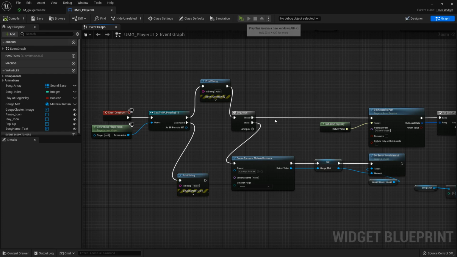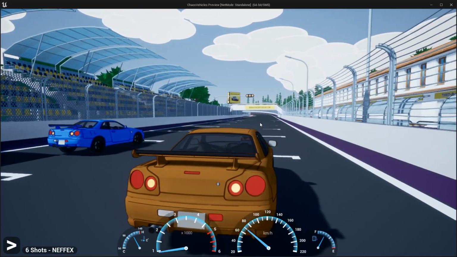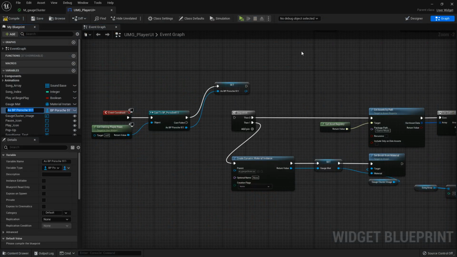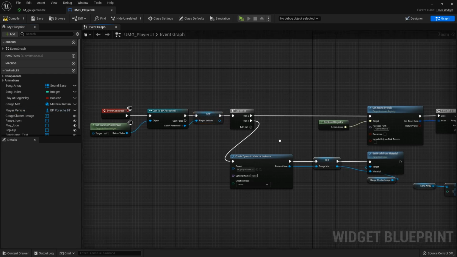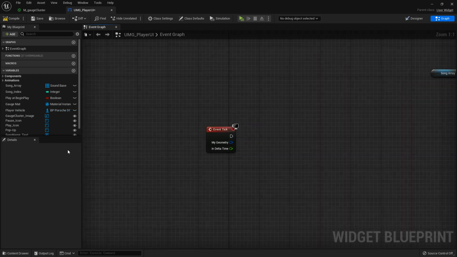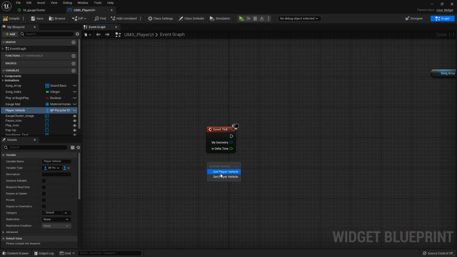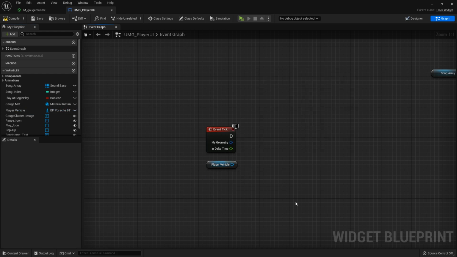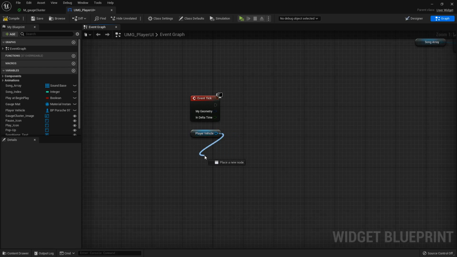Let's go ahead and test that right away. And we're getting a hello, so cast successful. We will again grab that cast, promote it to a variable, which we're going to call player vehicle. Now into the event tick, we're going to grab that player vehicle, get RPM. Now if you follow those tutorials, you're going to have those float variables. Otherwise, from the vehicle pawn, you want to get the